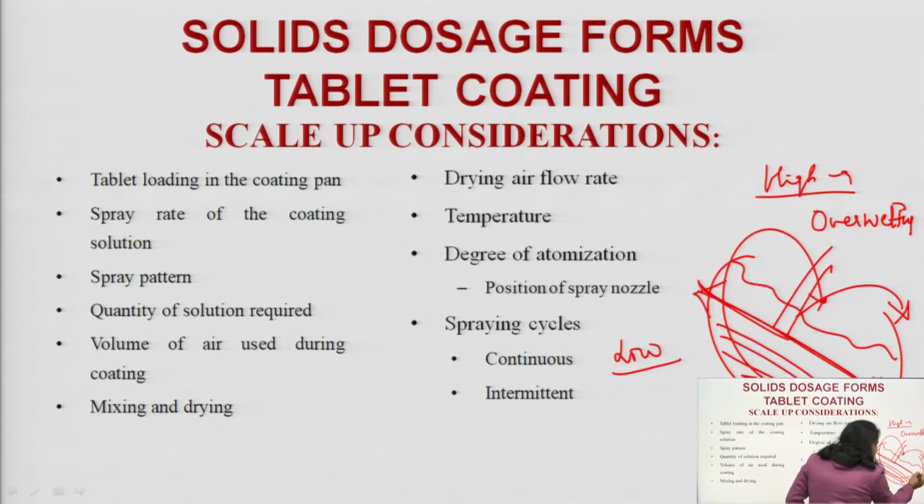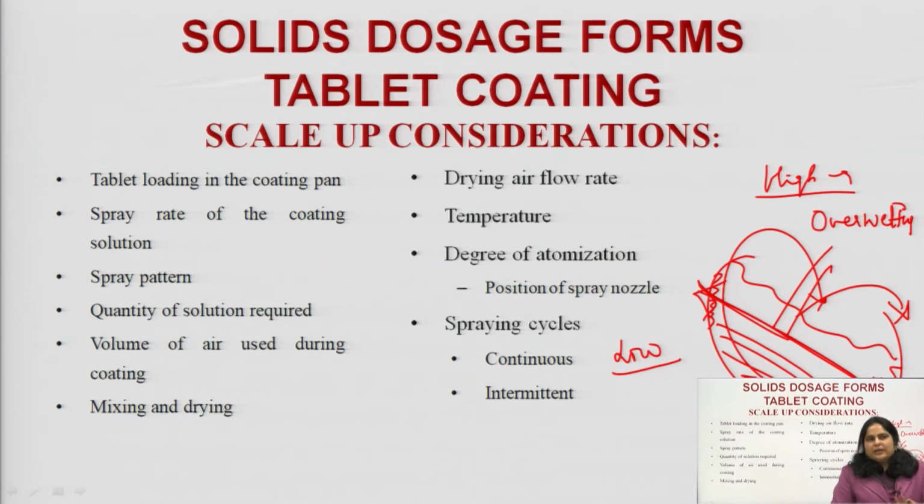If the spray nozzle covers a very large area, there may be chances that it sprays the coating solution on the walls of the pan, ultimately leading to wastage of the coating solution and thus increasing the overall cost. So the spray pattern should be optimized and designed in such a manner that the coating solution is restricted only to the tablet bed area. Then the next one is quantity of solution required. This has to be calculated prior to the experimentation,